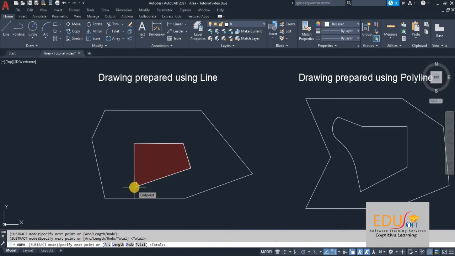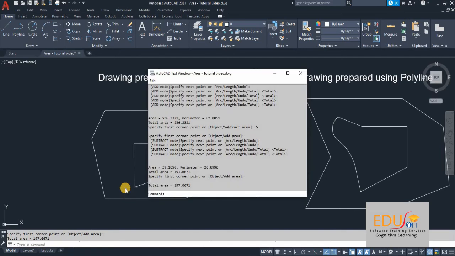After selecting all corners, give enter. Here you have to give enter twice to escape from the command. Press F2 to see the complete action we have done in our drawing. There you can see the total area and the subtracted area along with the area which we required.